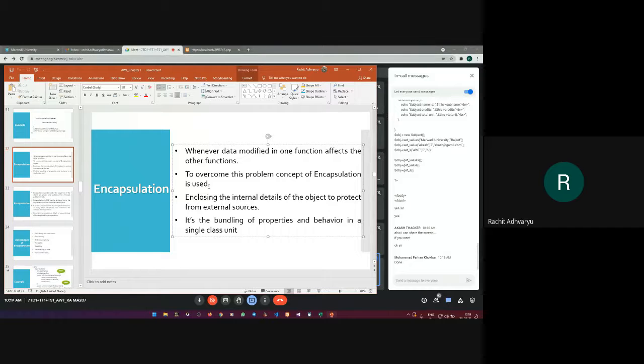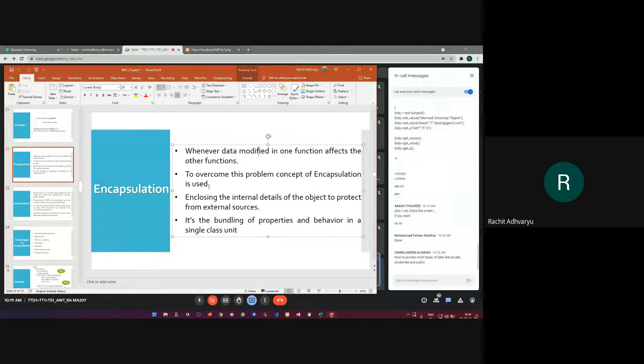And how we bundle and why we bundle is for the security of your code. If you want to have the security of your code, we declare each and every component of that code using the private access modifier. So private will not have any access outside that particular bundle. Right? So that is called encapsulation.